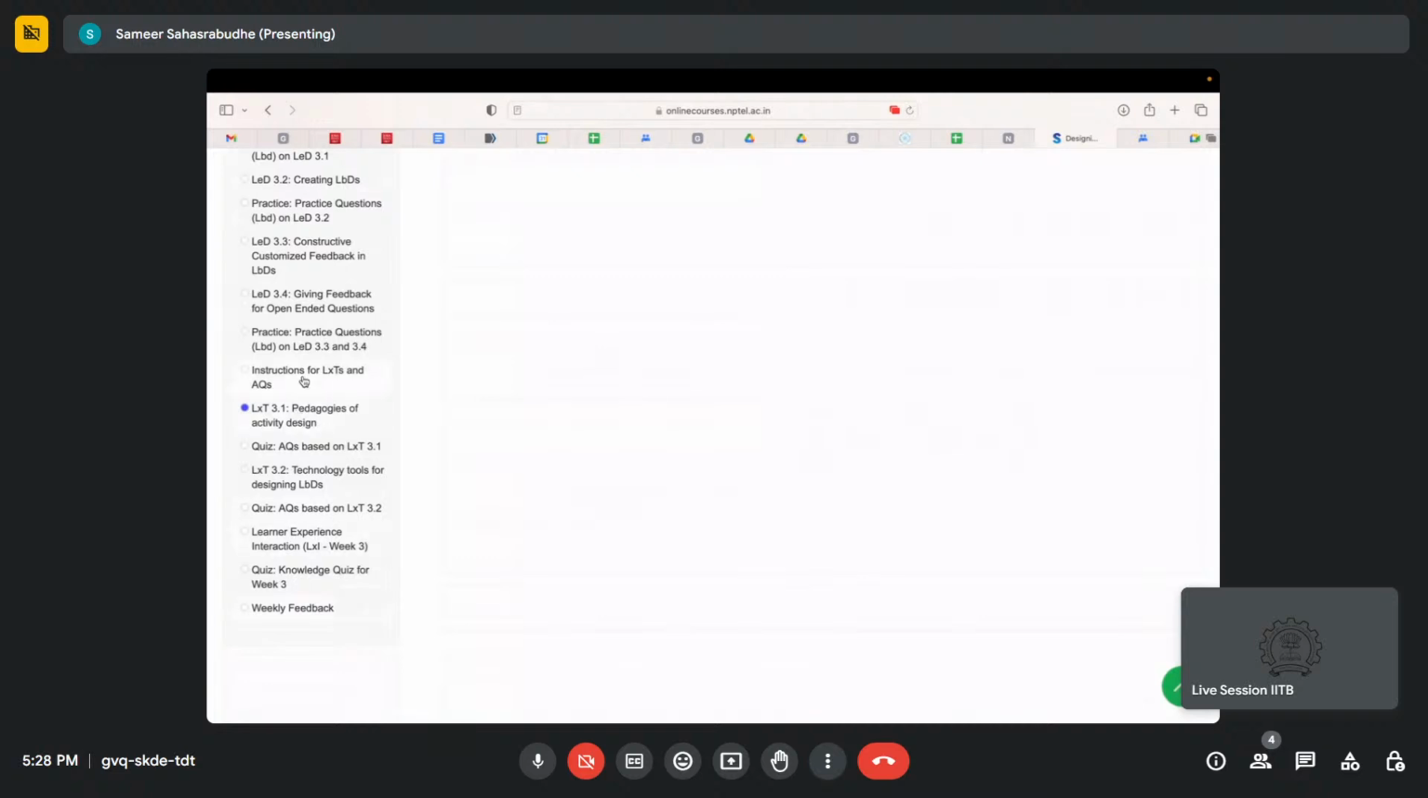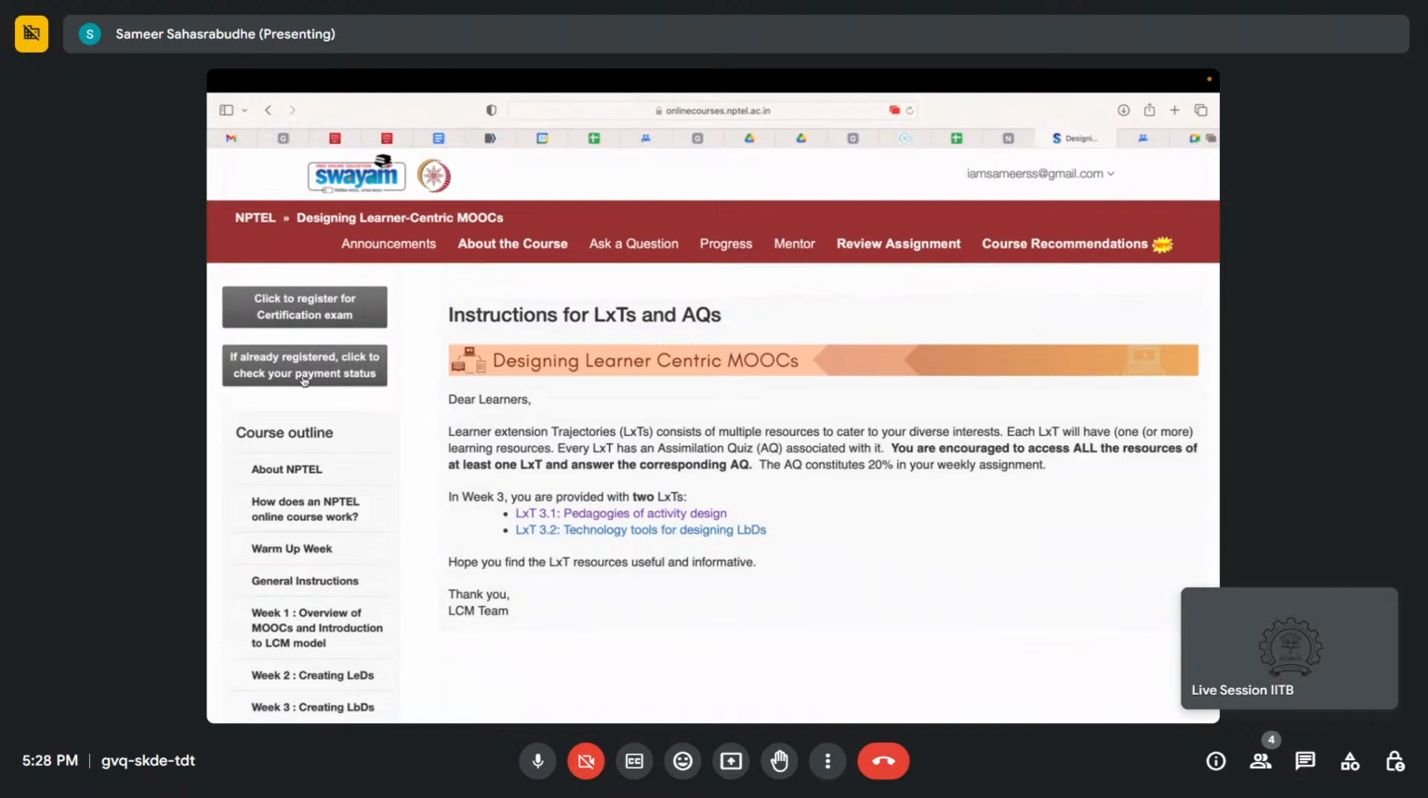We have put up two LXDs again. One of the LXDs is about what are the pedagogies of designing activities. That is again a pedagogical factor. And the second LXD is about what are the technology tools for designing LPDs. So we are trying to give you a flavor of how people will explore both angles,